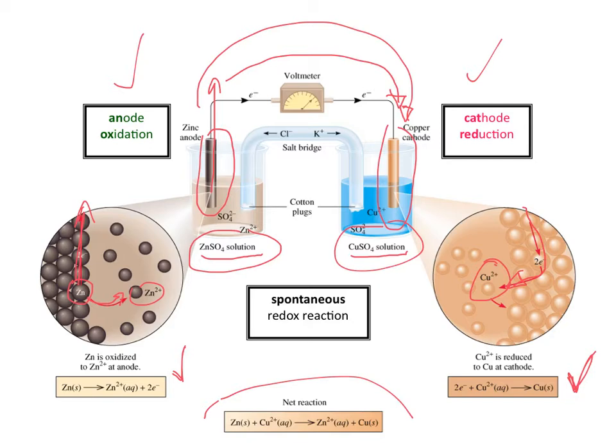The copper 2+ ions then become copper 0 and plate or coat the surface of the copper electrode. So electrons are flowing from the left to the right-hand side,